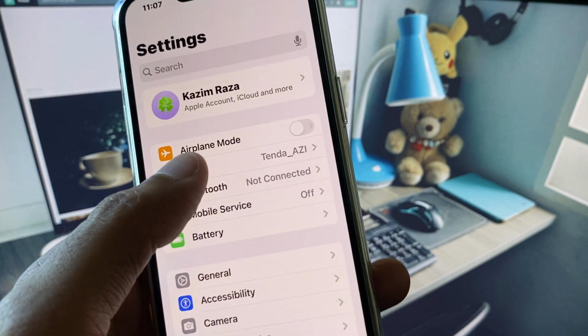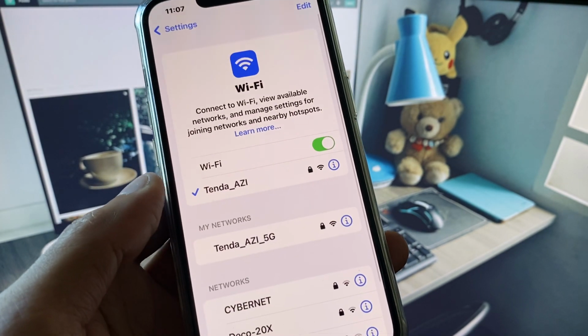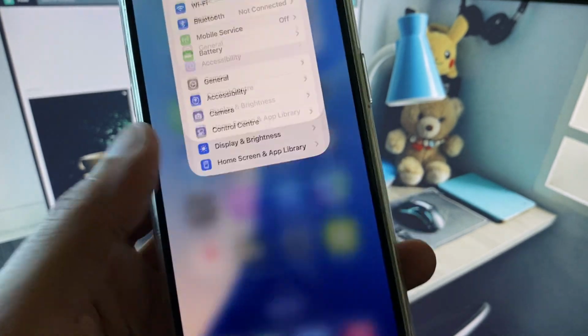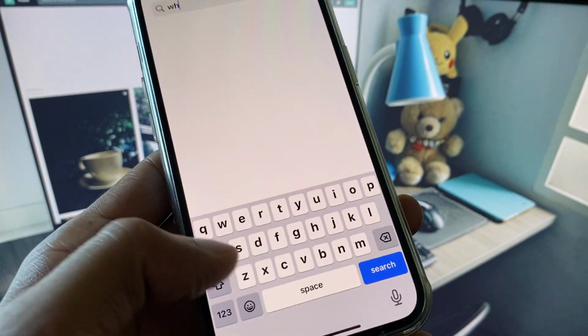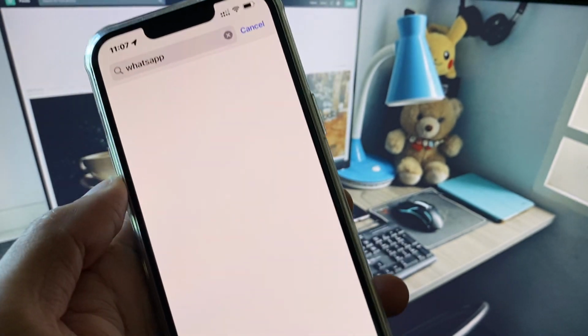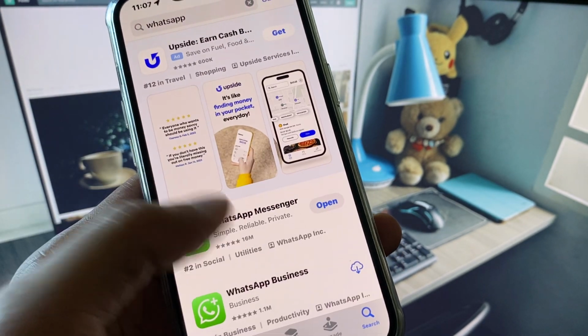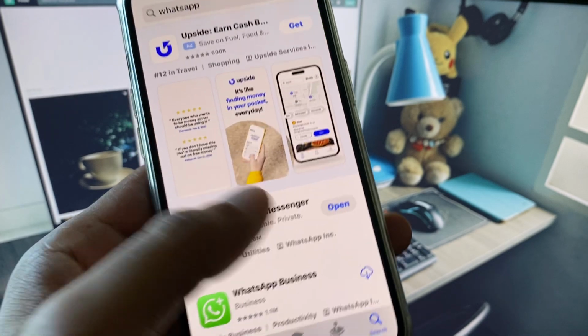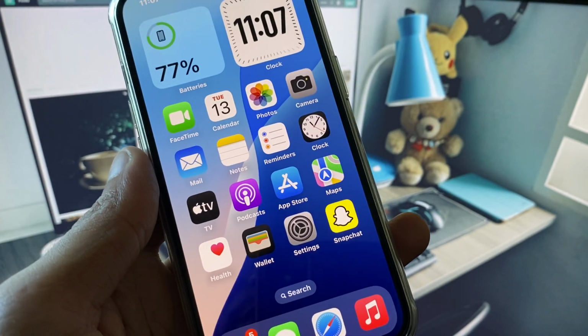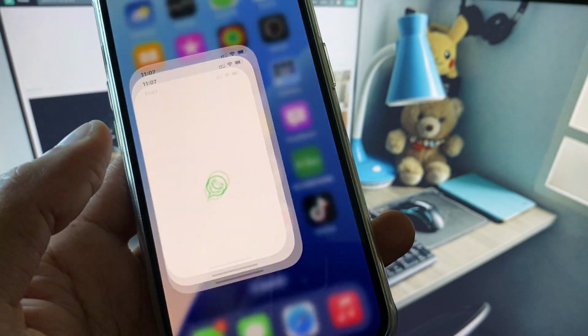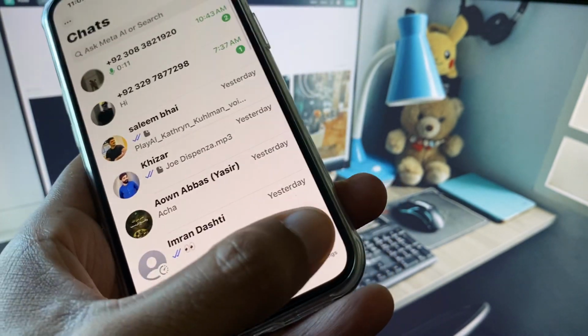First of all, open your settings, make sure that you are connected to a strong internet connection, and after this go back. And guys, now you need to open your app store, and here you need to search WhatsApp. And guys, you need to check for updates. If your app is not updated, then you need to update your app first, and after updating you need to go back. So guys, after doing all these steps, you need to open your WhatsApp here and click on